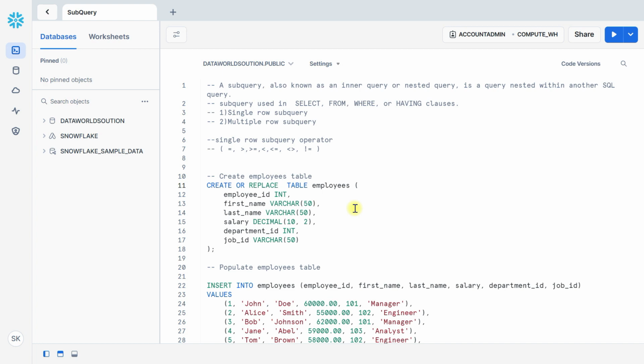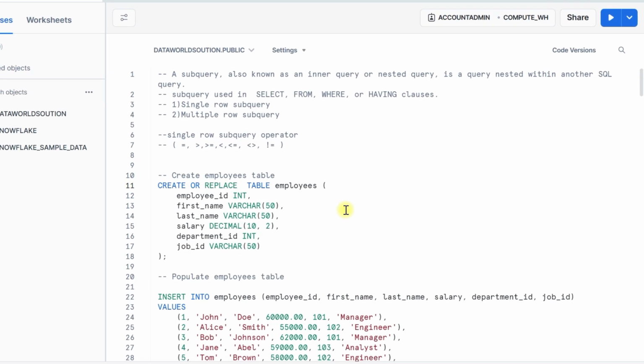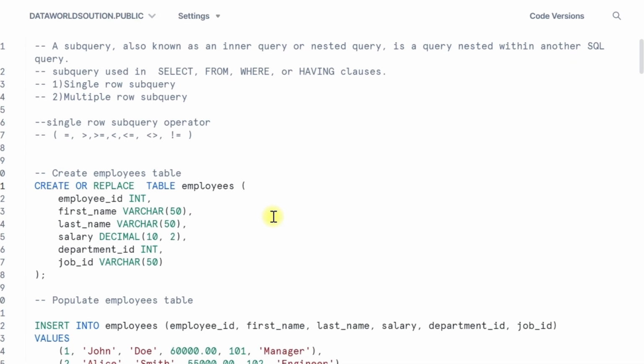So let's get started with Subquery. A subquery, also known as an inner query or nested query, is a query nested within another SQL query. Subqueries are used in the select statement, from clause, where clause and having clause. There are two types of subquery: single row subquery, which returns a single output or single row, and multi-row subquery, which